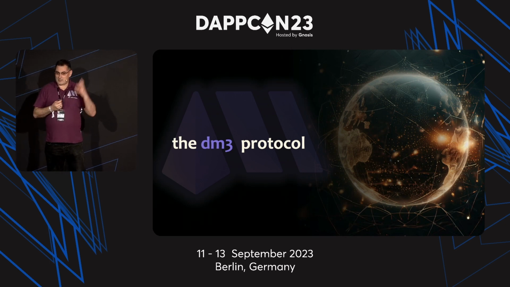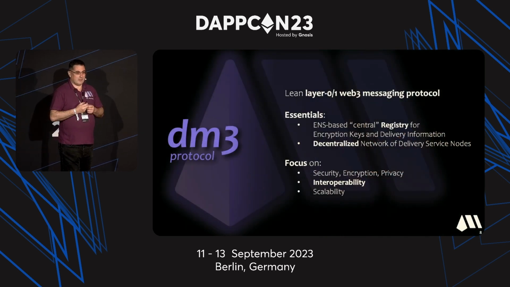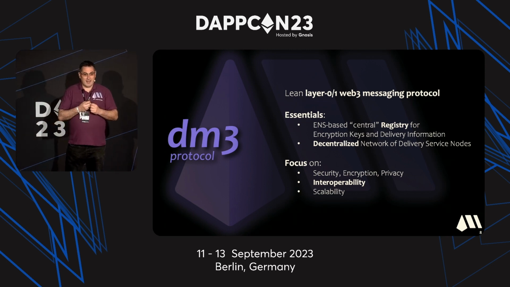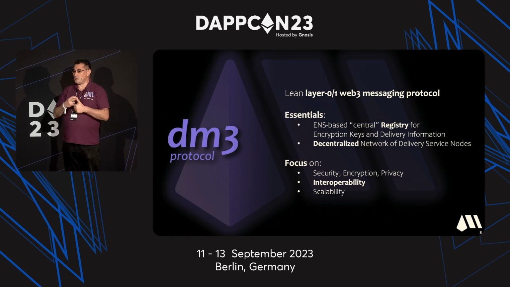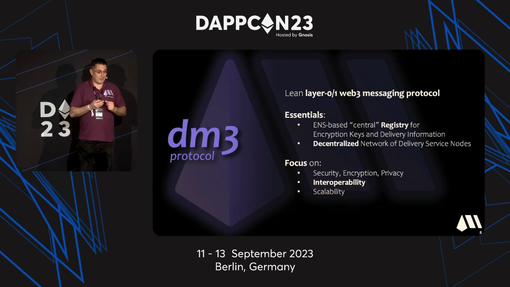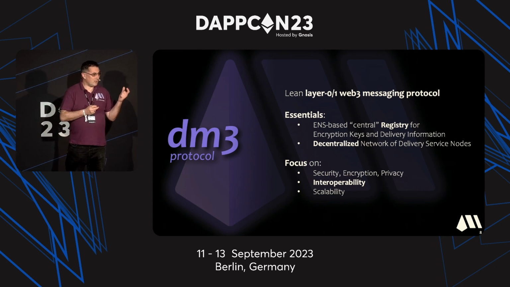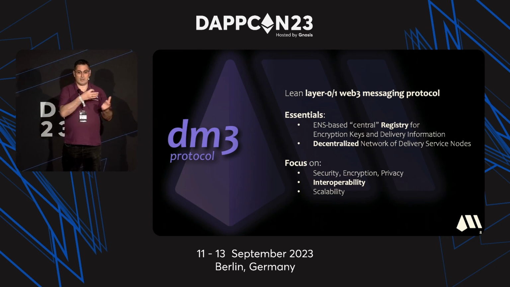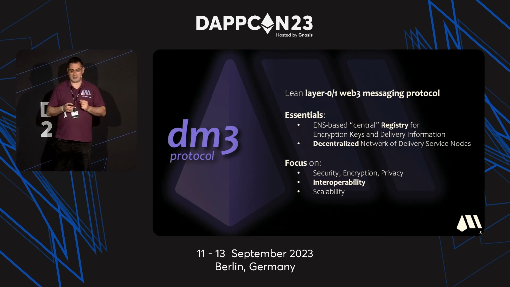With this intent, we started several months ago developing the DM3 protocol, and we designed DM3 as a layer 0, layer 1 protocol for messaging. Why layer 0, layer 1? Layer 1, of course: you can use the DM3 protocol to build your application on top of it. If you want to build a messaging application, you can use this protocol, everything is fine. But we are also providing functions for a layer 0 protocol, which means we can use DM3 to connect other messaging protocols or services together so that we can build this connected ecosystem.